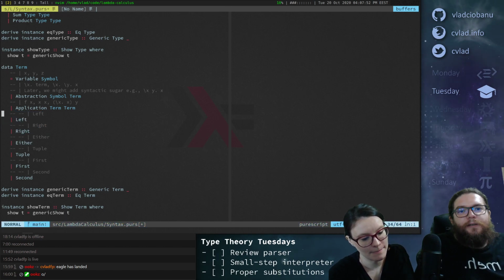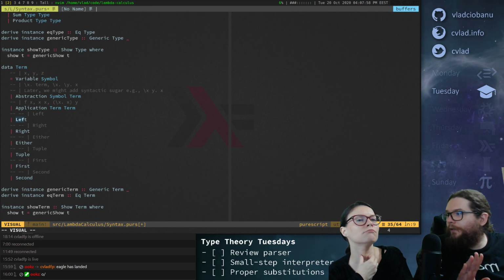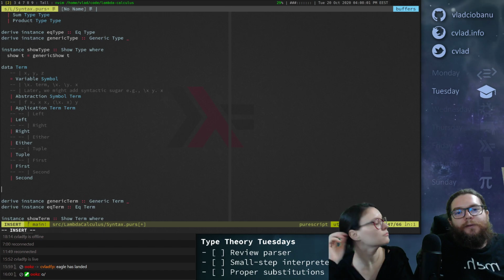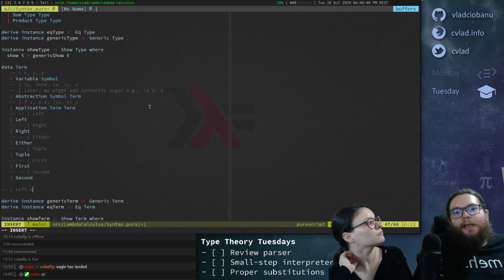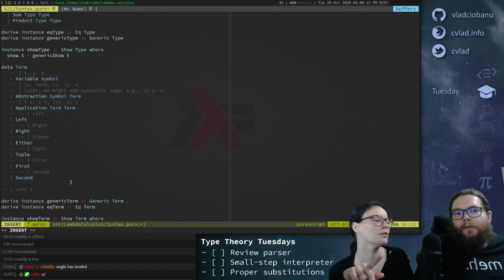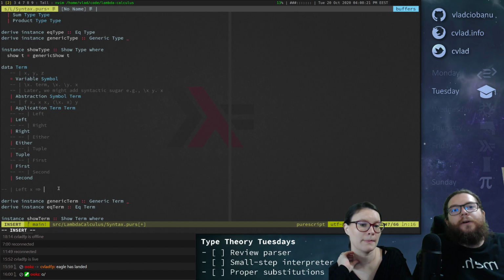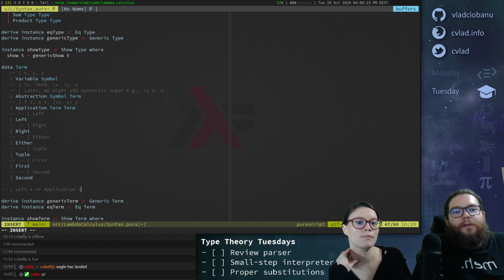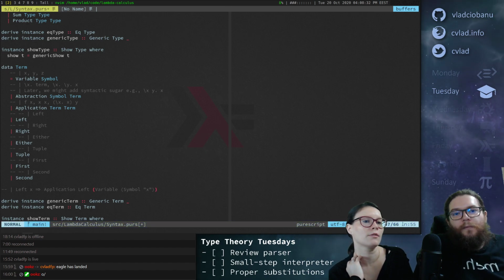Well, the idea is left and right are just like a unit constructor, right? They don't have anything extra, and how they will be used is something like you can write left x. But this will be an application of the left primitive with the x term. But shouldn't you write application left x? Oh no, application is just, well, okay, you can write this in our language, and then this in our term becomes an application of left and variable symbol x, in our language. Maybe we should look at some examples after, we'll do that in a second, right?